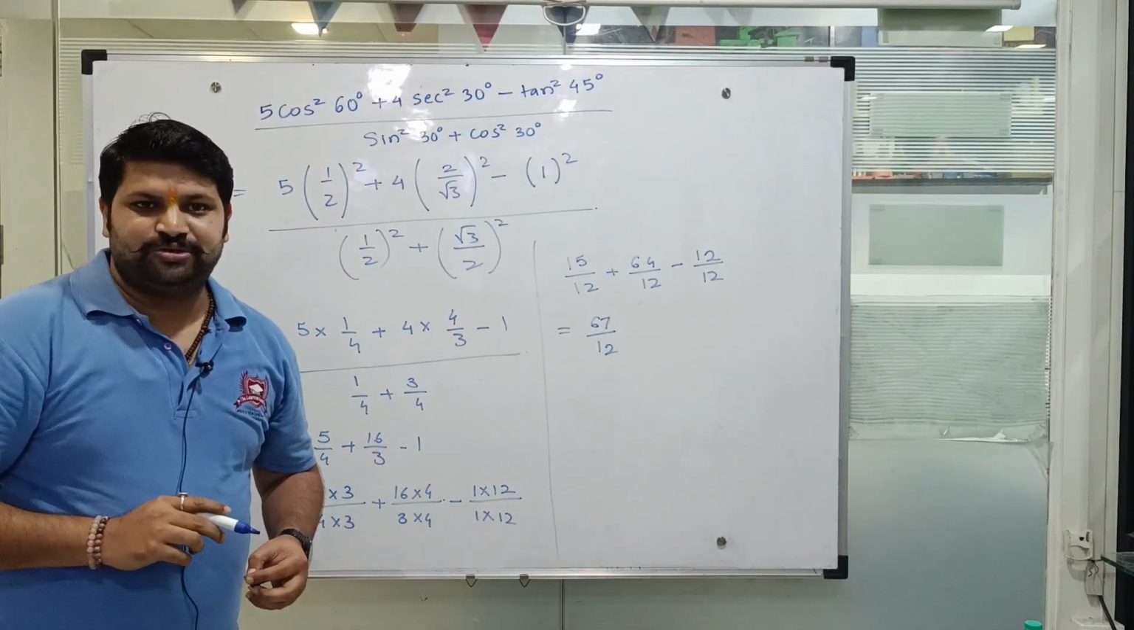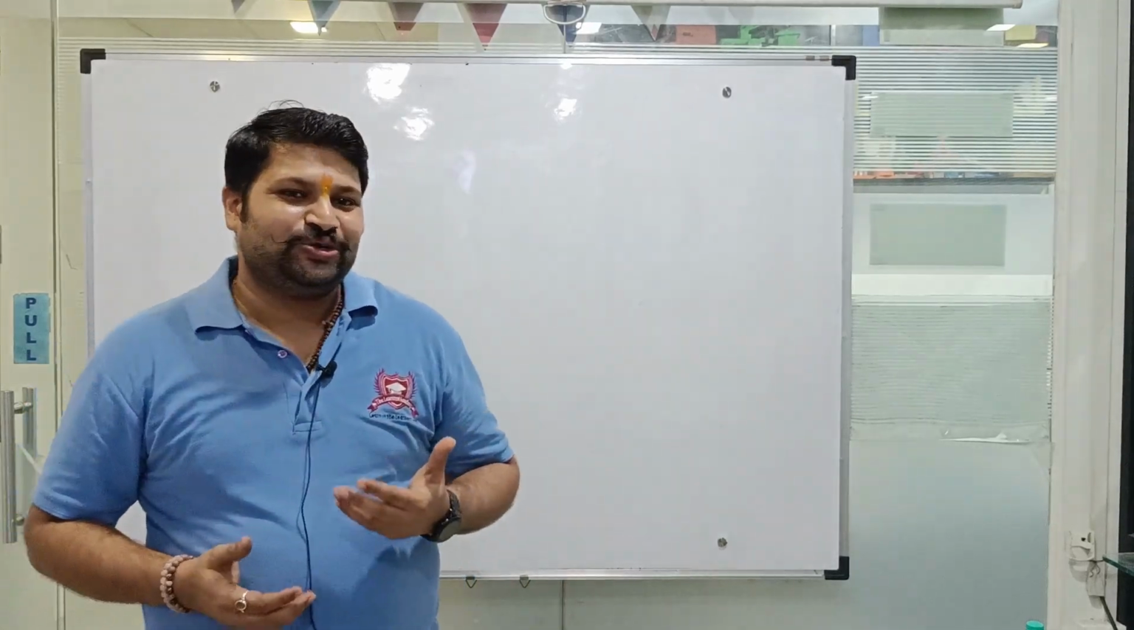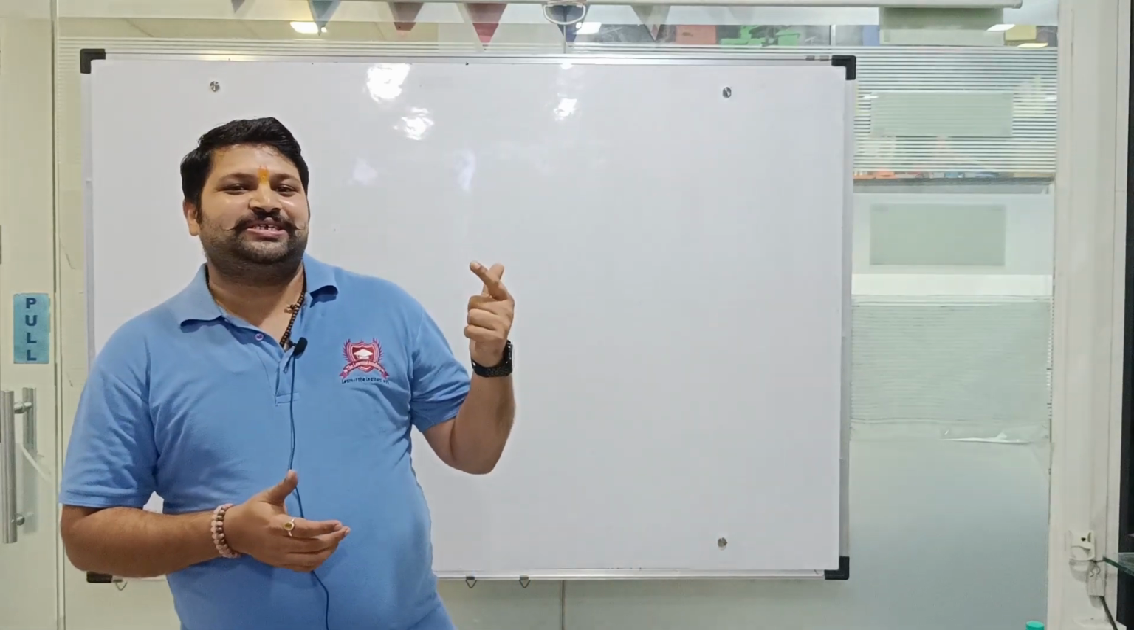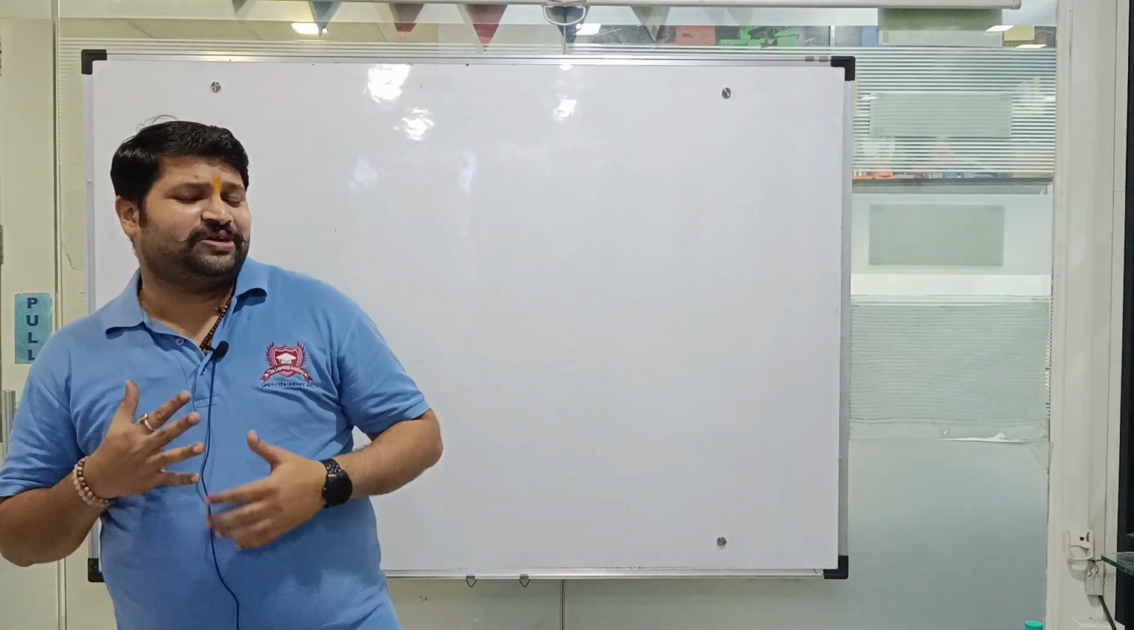That, my friends, was about the trigonometric ratios of some specific angles: 0 degrees, 30 degrees, 45 degrees, 60 degrees and 90 degrees. This is a really fun topic,